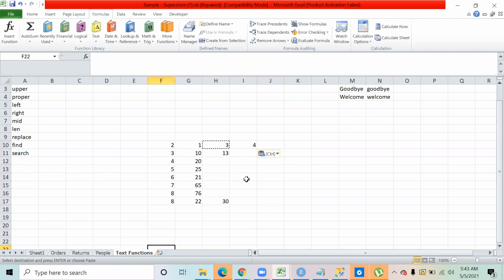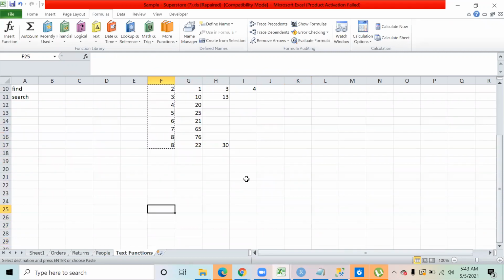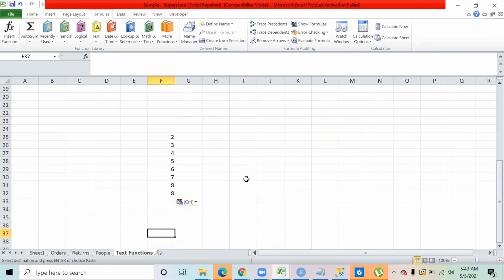Now, suppose I have these numbers and there is one number like this, written 20. What I want to do over here is multiply all these numbers with 20.